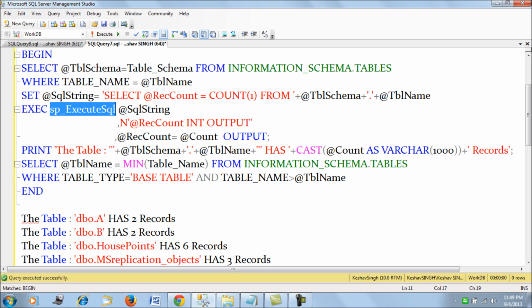It will be altogether a different session and different scope where your dynamic SQL will be executed. That is why we have to declare and map variables, and any variable that you are going to use in the dynamic SQL should be declared in the scope within the dynamic SQL's statements. So remember that, and I hope this will help you